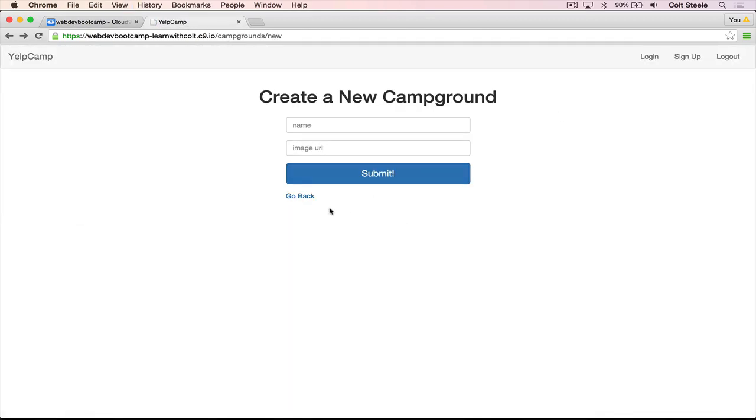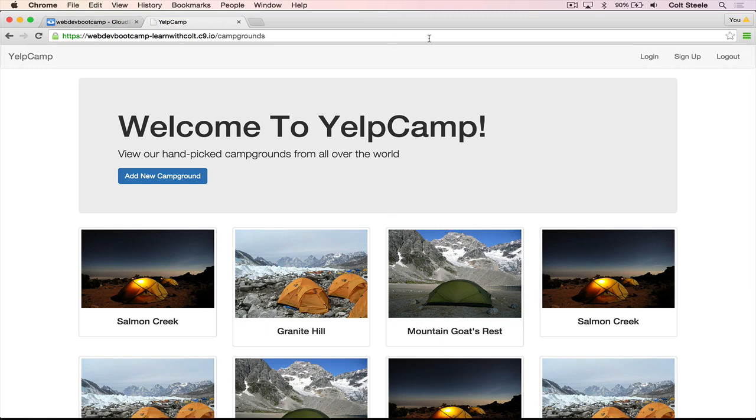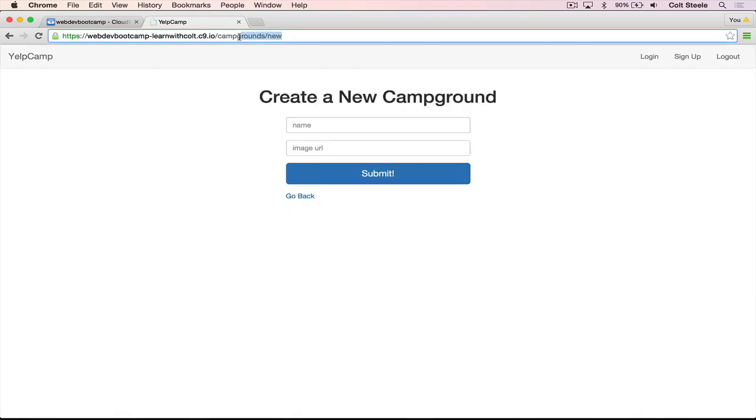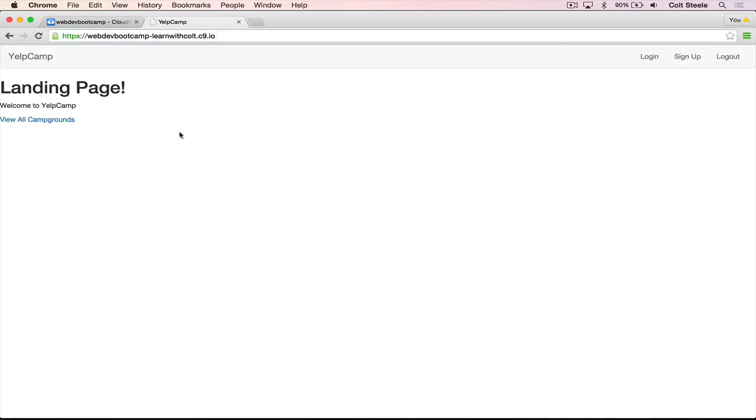Doesn't look too bad. Can go back. We get the list of campsites. We have the nav bar. We can add one. We can also go back and view the landing page, which is not done yet. That one has probably the most work, and it's going to be pretty different than the other pages. It will look a lot nicer and have a lot more custom styles. So that's why I'm saving it until later. And then we also have our nav bar here with our dummy buttons that don't do anything. All right,